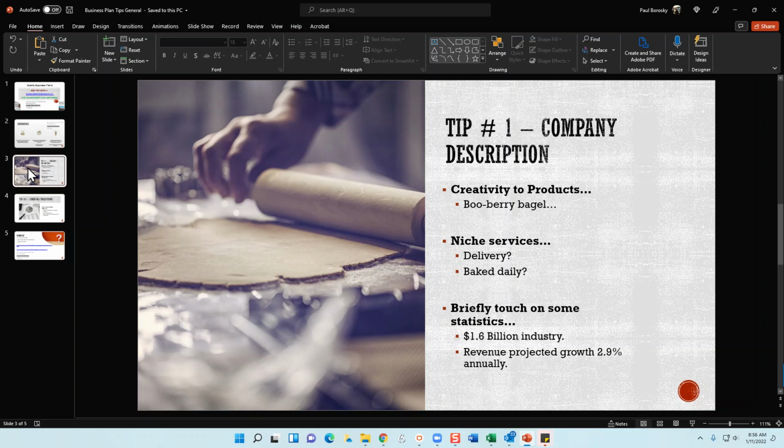If this is a $1.6 billion industry, when you put that in there and you put a citation showing where you got it, it says, yes, this is a fact. It also shows you've done your research for the revenues projected, and yes, this is a fact. When the reader starts seeing this is a fact, and this is a fact, and this is a fact, then as they go through the document, even where you're not putting the statistics in, their mindset is still going to be, this is a fact. It's especially critical when you get to the financial projections section, where you're guessing how many sales you're going to have,